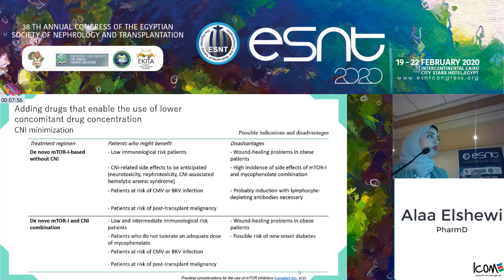As we've said before, most of the adverse events are related to CNIs. So there is a new trend nowadays of CNI avoidance or CNI minimization. In our center, we do not prefer CNI withdrawal because tacrolimus, for instance, has been proven to have the best immunosuppression. So we try to avoid CNI avoidance, but we can do CNI minimization by combining with mTORs